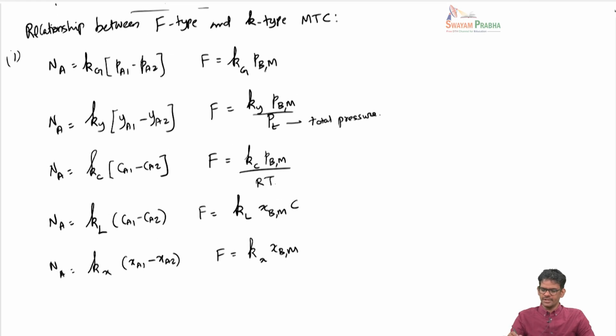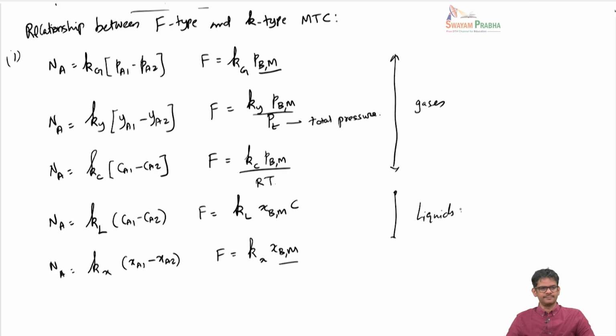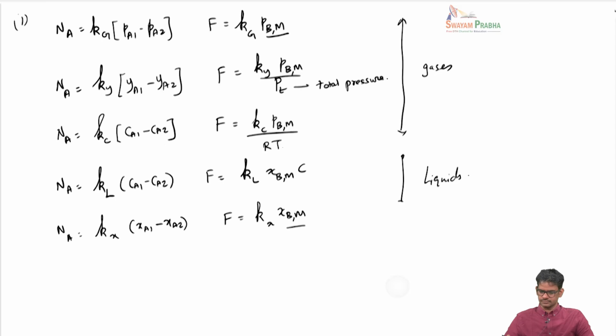So all these quantities, ppm or xbm, are log mean concentration differences of the component B. So these three are for gases and the last two are for liquids. Now writing for equimolar counter diffusion,